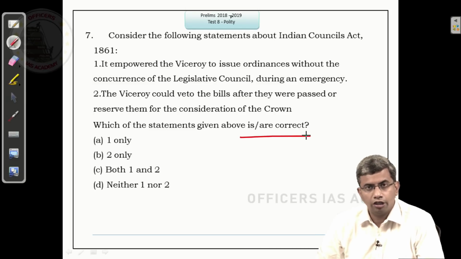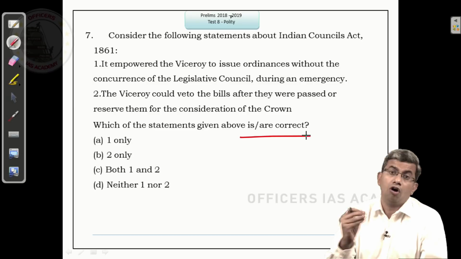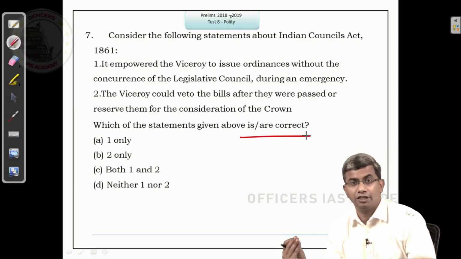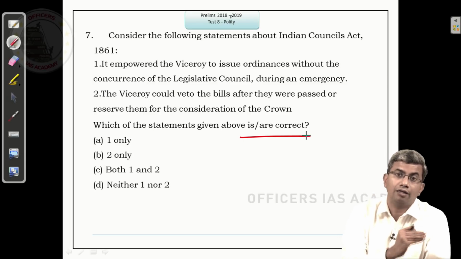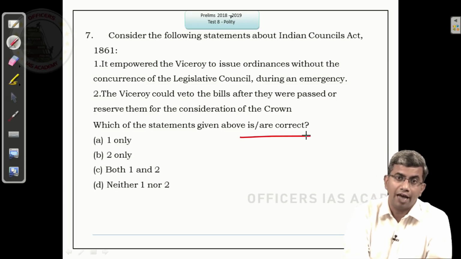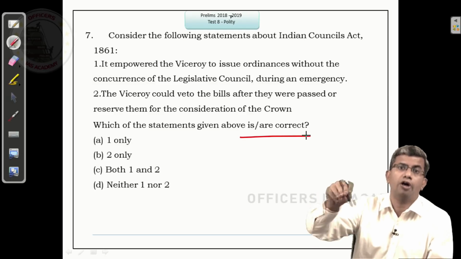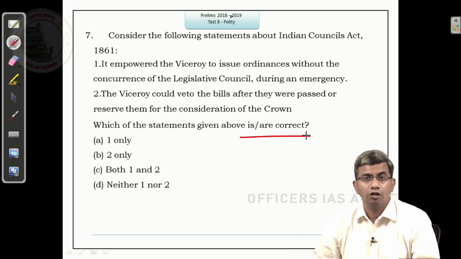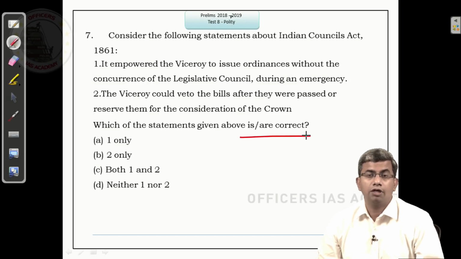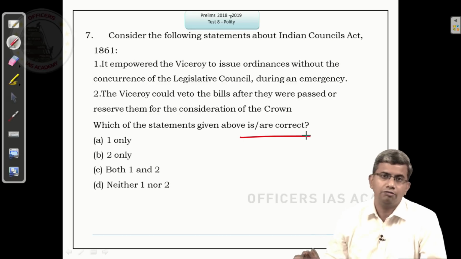So obviously ordinances, see it's very logical. In 1861 Indian Councils Act, there was non-official Indian representation in the Legislative Council. So it was purely an official white council in the 1858 Act. It became some non-official members who were Indians were also appointed or nominated by the Governor General to the council, to the Legislative Council. So it automatically follows that the Governor General cum Viceroy would have retained some discretionary powers, and both of these were discretionary powers.